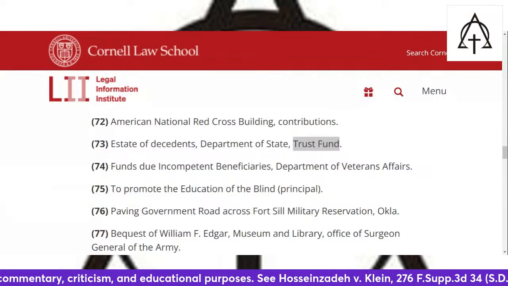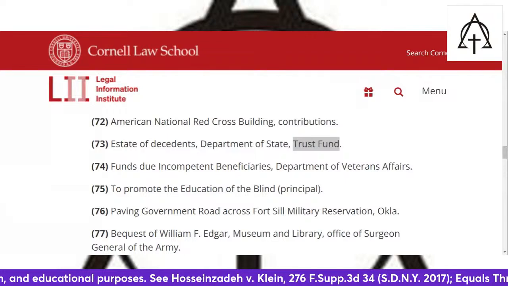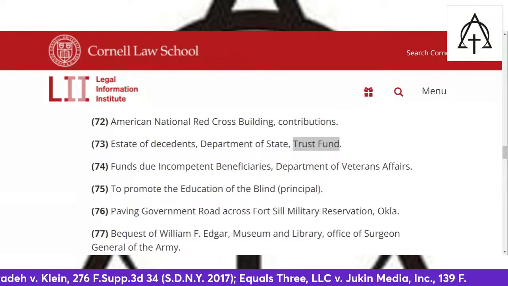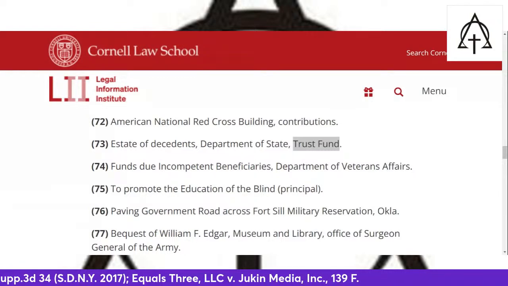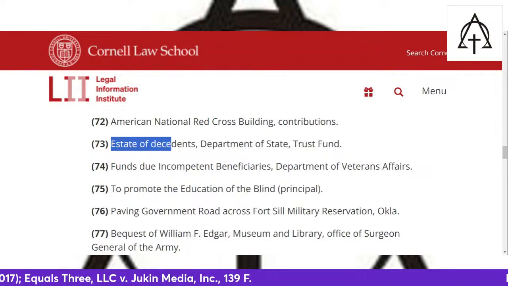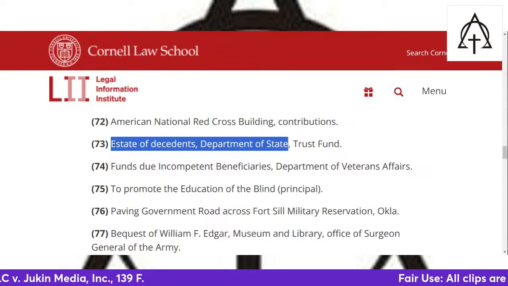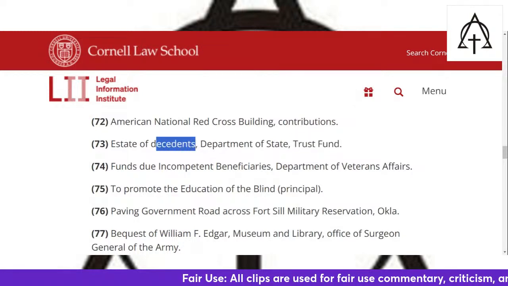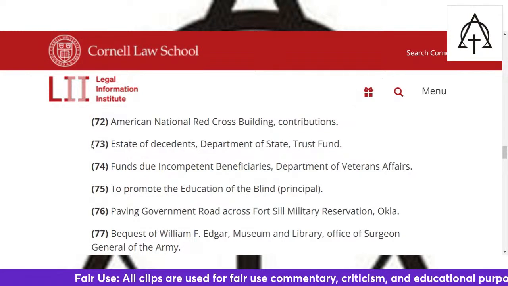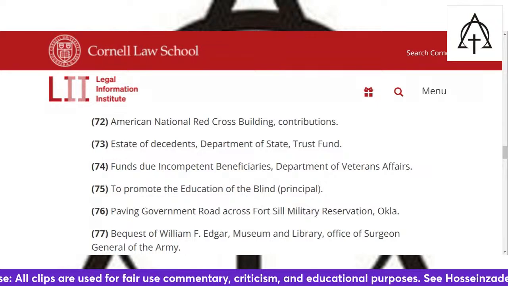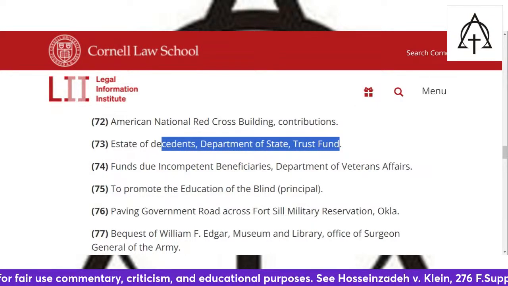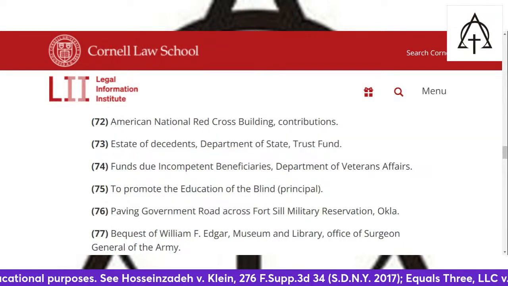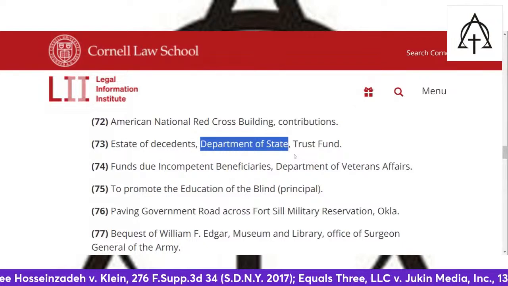And the one that's actually involved in the estates of decedents, as far as that trust fund, is the Department of State. Clearly defined before us here today. It is a state of decedents under the obligation of the Department of State, and it is a trust fund. The estate of decedent, by the record, is known as a beneficiary. He is the beneficiary of this trust fund, tied directly to the general ledger.